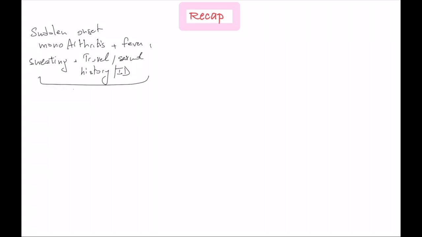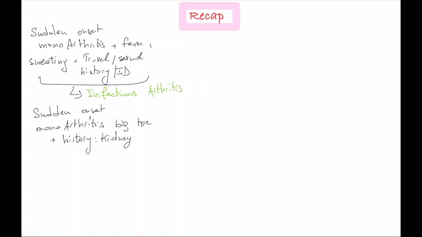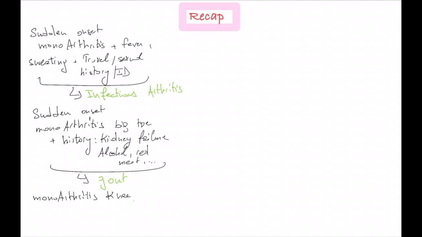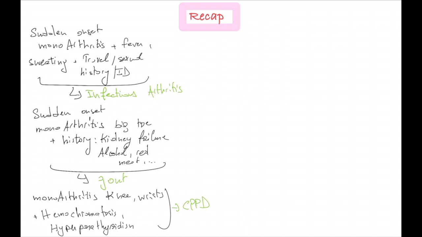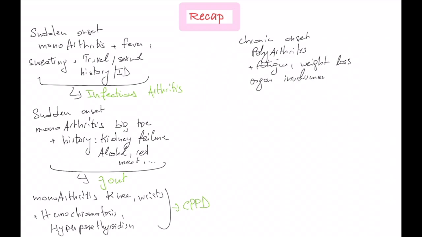So, to recap, if you have an acute onset monoarthritis with fever, night sweats, recent travel or sex, immunocompromised status, think of infectious arthritis. If you have acute onset, usually the first metatarsophalangeal joint, the great toe, with a history of kidney failure, alcohol use, purine excess, think of gout. Now, if you have acute monoarthritis or acute arthritis of the knees or the wrist, look for history of hemochromatosis, hyperparathyroidism, think of pseudogout. Now, if you have a chronic onset polyarthritis with fatigue, weight loss, organ involvement, consider rheumatoid